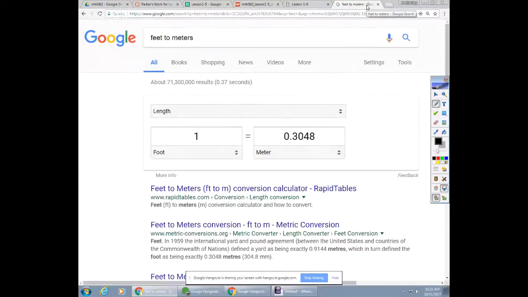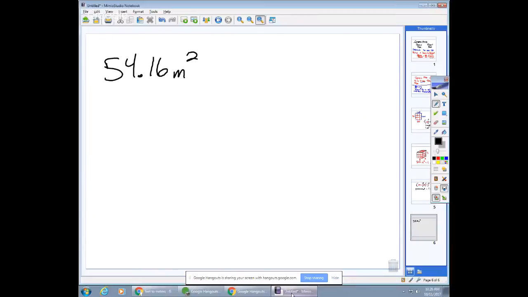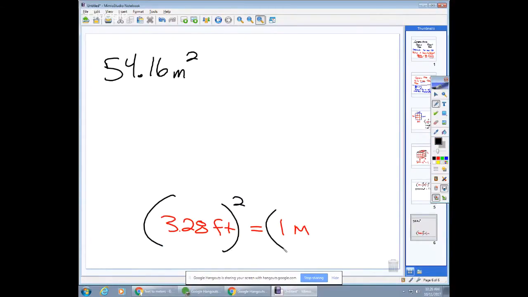Feet to meters, let's go the other way. In 1 meter, there's 3.28, yeah. And that's a linear conversion, not an area conversion. To do the area conversion, I have to square everything. So I'm just going to make a little note down on the bottom of my page so I can use it. 3.28 feet is about equal to 1 meter, but really I want those numbers squared so I can talk about